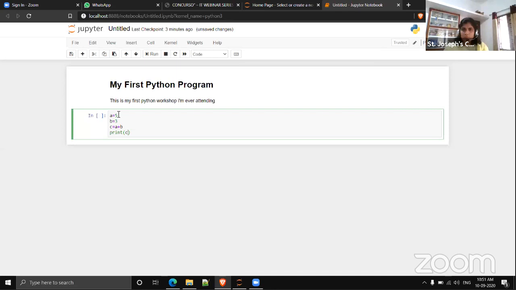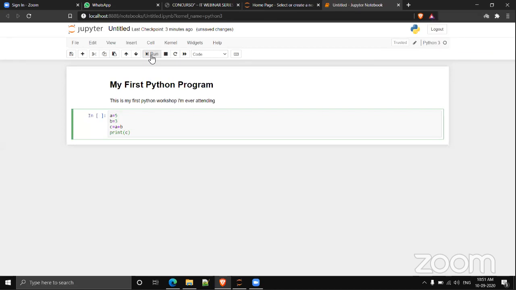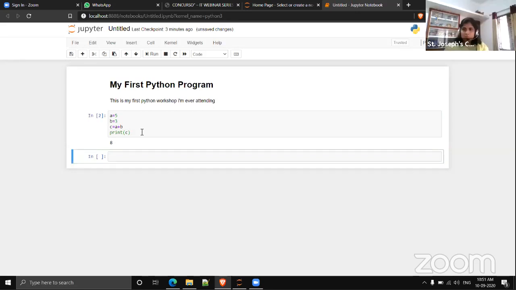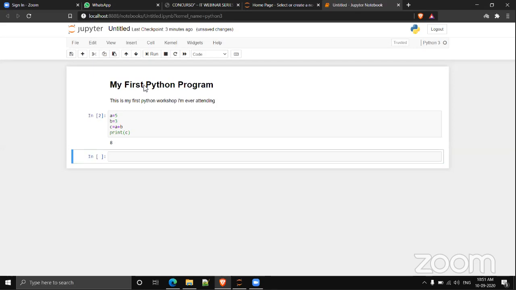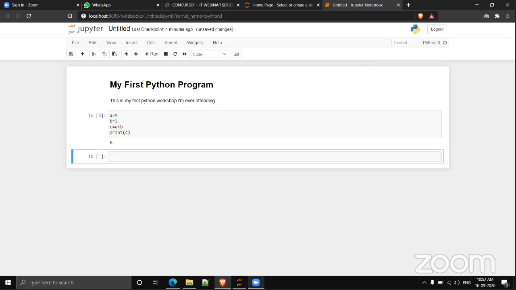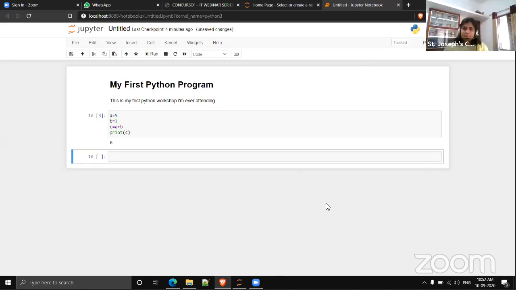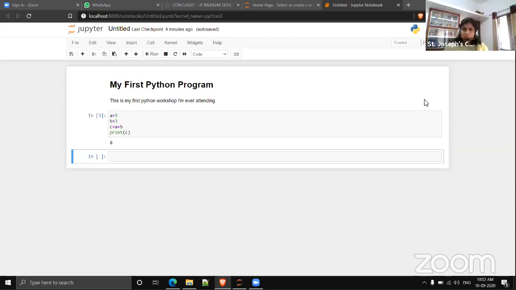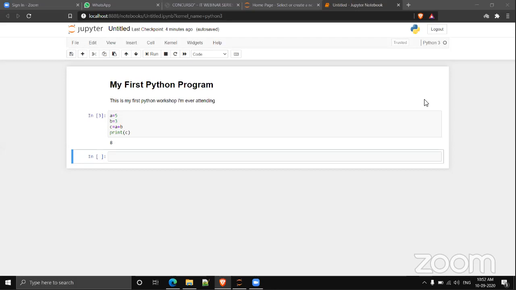For executing, you can simply run the cell, or as a shortcut use shift enter. Are you getting the result? Okay, fine. So now you're familiar with how to execute a Python program in Jupyter Notebook.